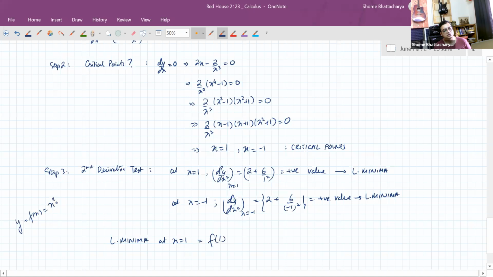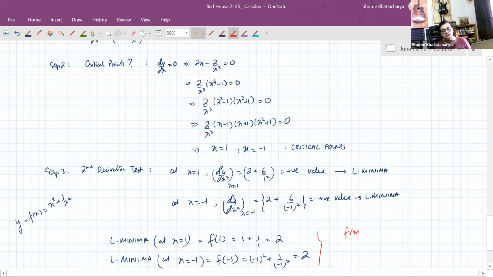The function, remember, was this, and the local minima at x equal to minus 1 equals the value of the function at minus 1, which is also equal to 2. So finally, our answer becomes that for this function,